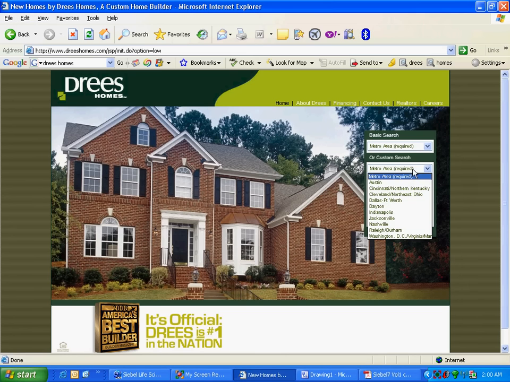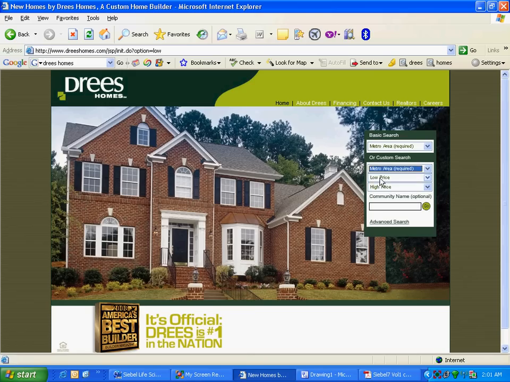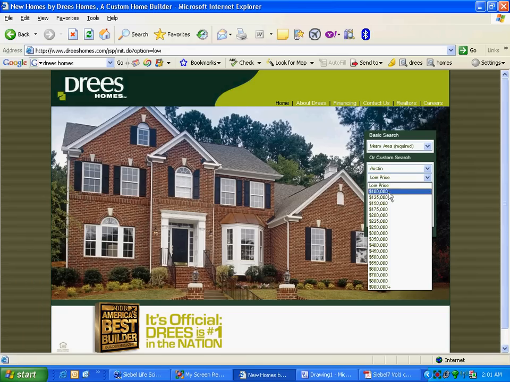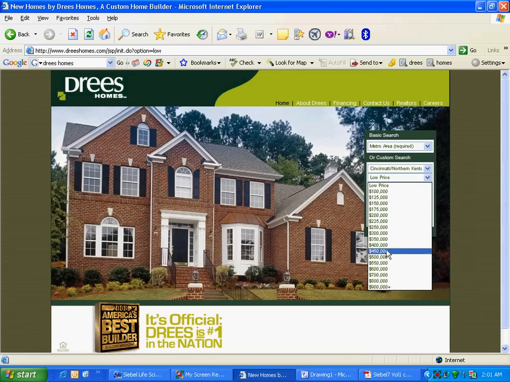In this pick list, I can choose the metro area. The user can choose a metro area. Let's say he chooses Nashville. There is no constraint between them. If I choose metro area Austin, still the choices are the same, right? Have I chosen one of these values or not chosen yet? Not chosen yet. So these are still the choices. The choices are not filtered by Austin. If I choose Cincinnati, the choices are still not filtered.